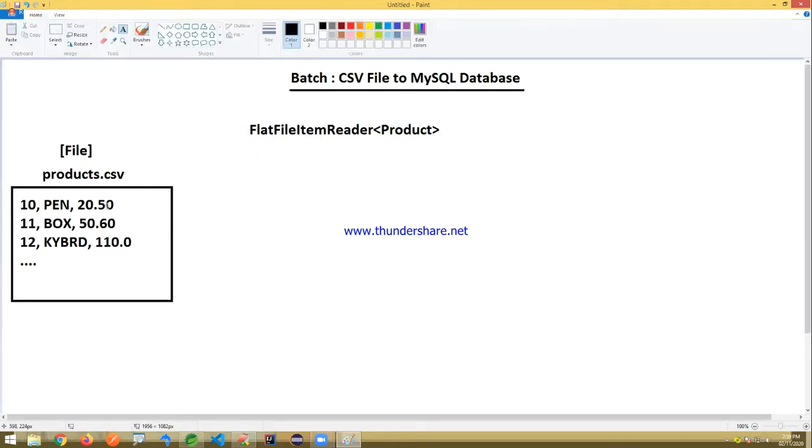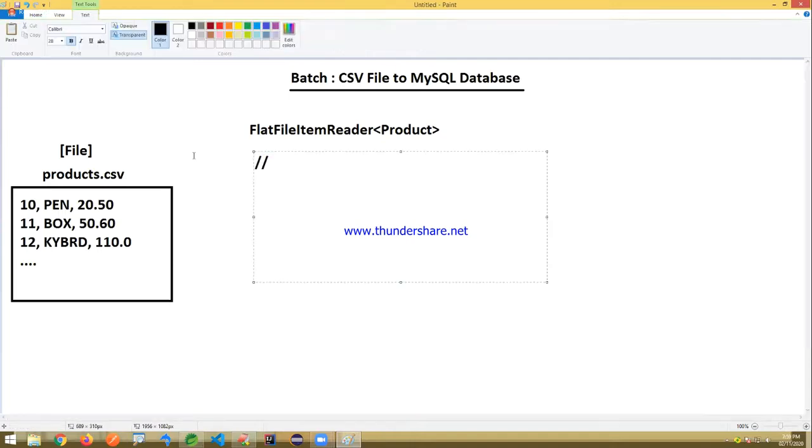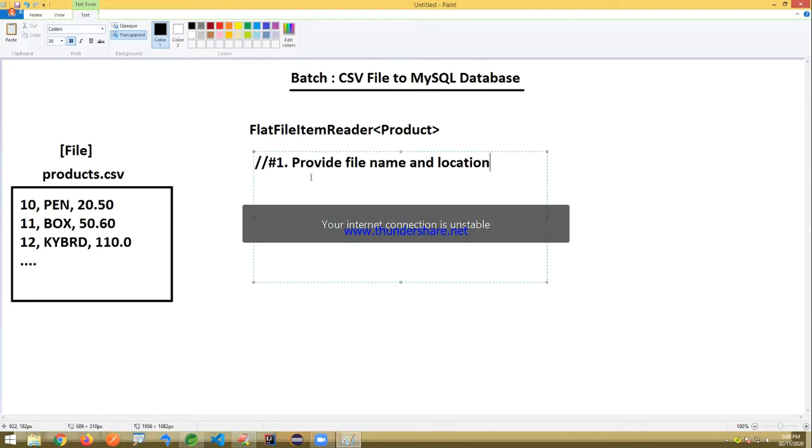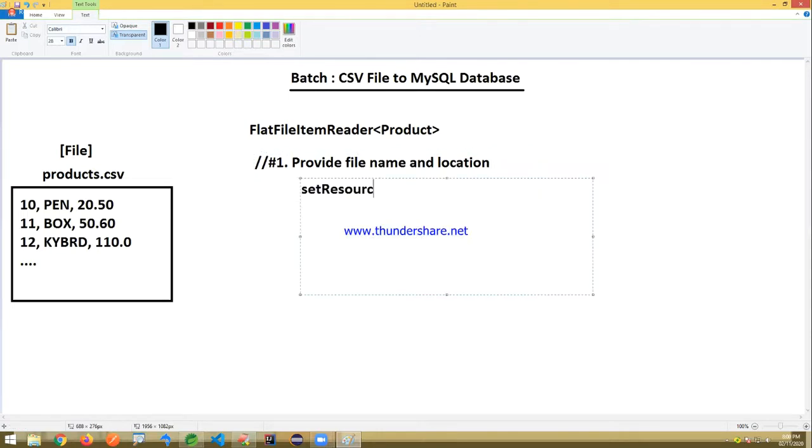First, the file name and location. That's where we are going to use set resource. We need the details here. We can use class path resource.